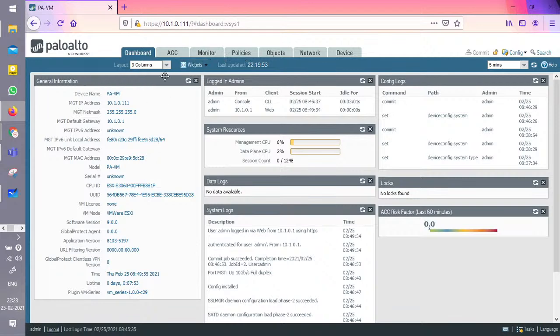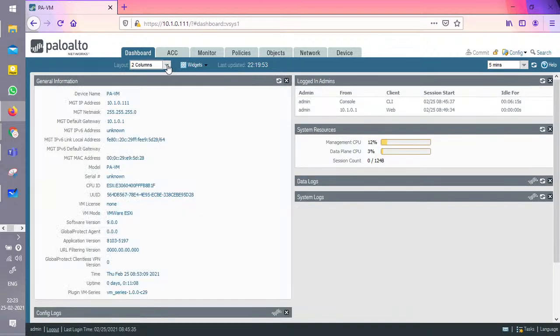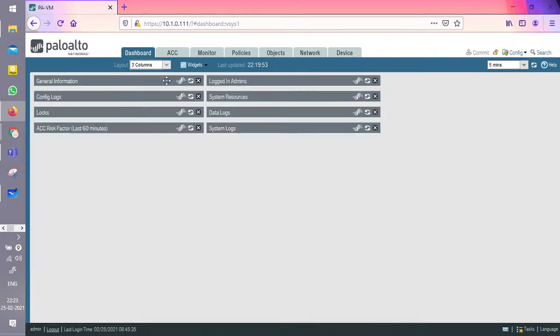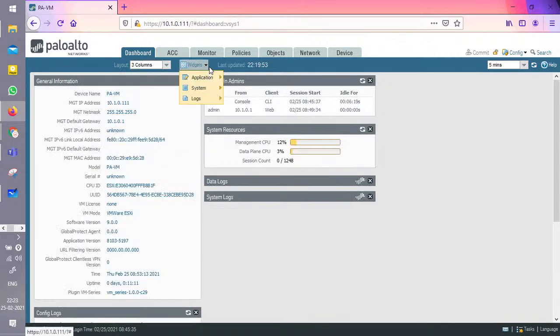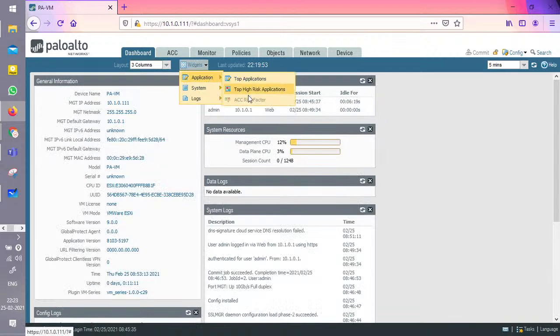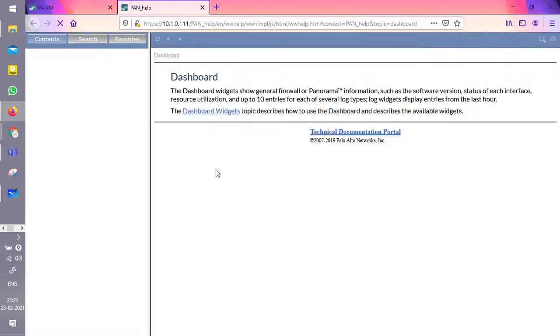Now guys, on the dashboard you can also change the layout, 2 columns, 3 columns. You have all the options to manage it, right? So you can also change the widget settings, log settings, whatever you want to see over here. This is your refresh button, this is your help button. So guys, just click on the help button. That would be another guide,